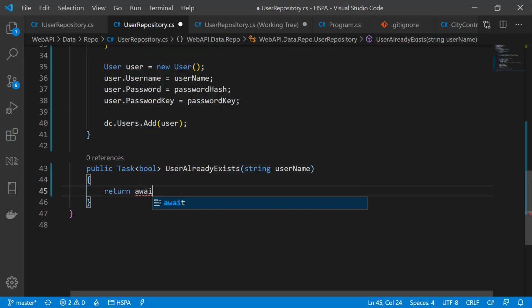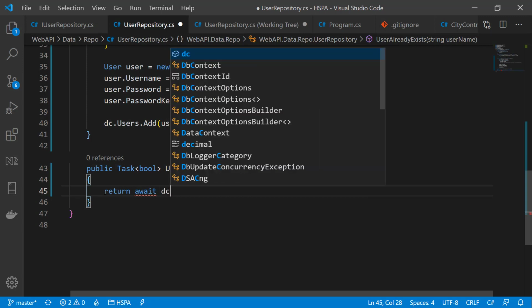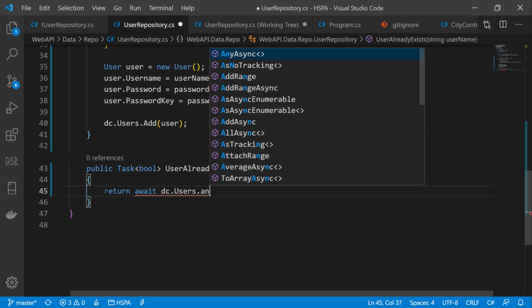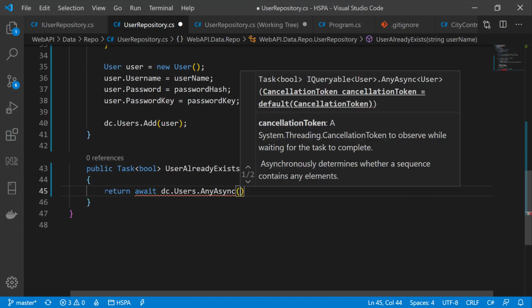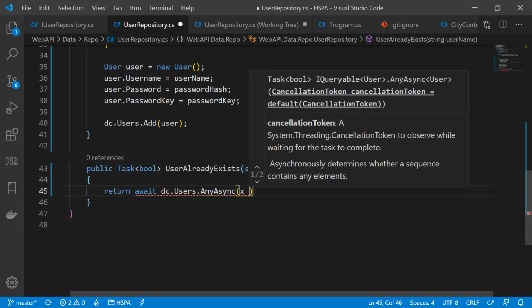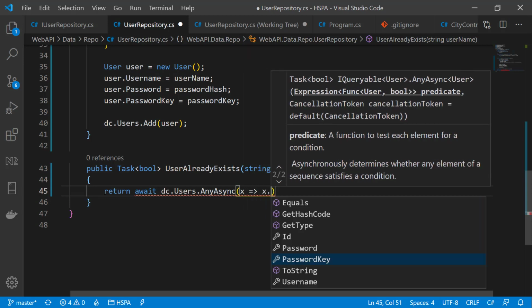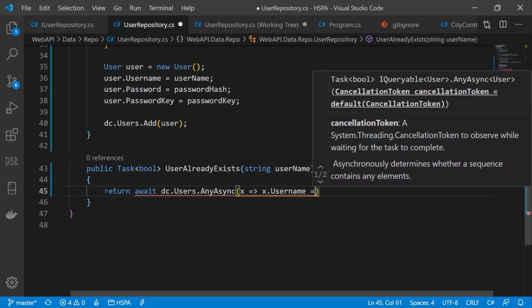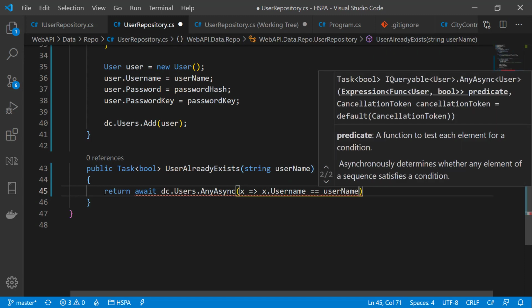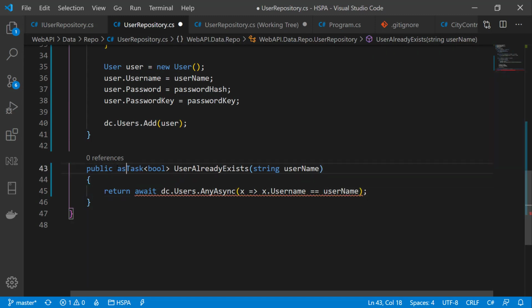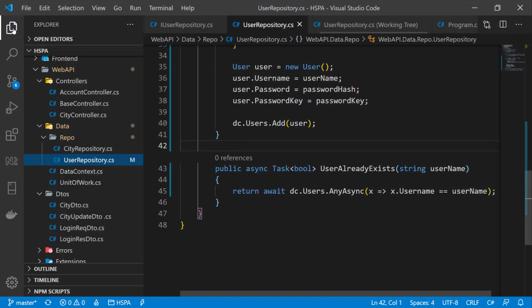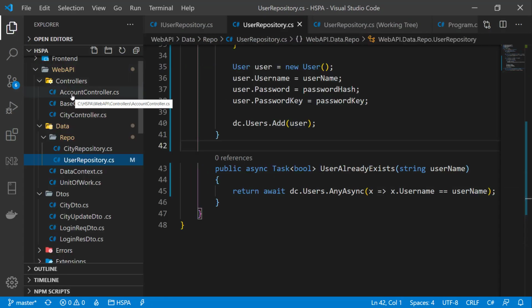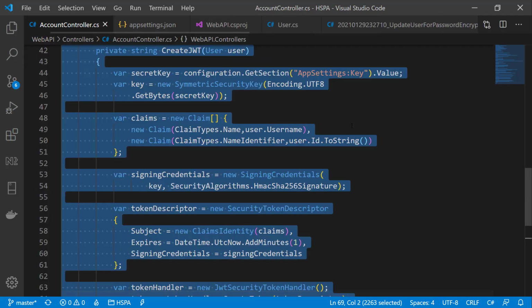We just need to use the dataContext.Users.AnyAsync method. This method will return true if this table contains the element that we are passing here using a lambda expression, and check if the username in this table matches the username we are passing in this method. So we have both methods here in this user repository that we can use in our controller to expose a method to register a new user.